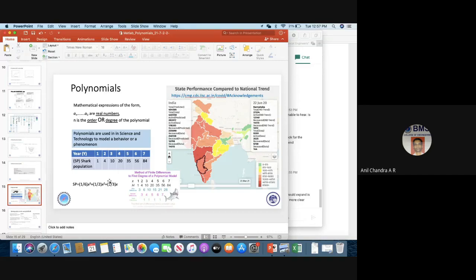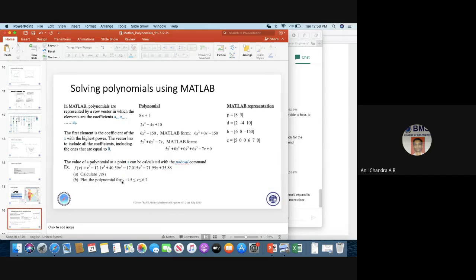Now, you can think of such expressions in our stress strain plot, in our particle behavior in a fluid, or you can think of varying strength with respect to hygrothermal effects, right? So you can fit an expression for that. So the famous expression is Hooke's law, right? How do I fit a polynomial or an exponential curve for that? So how do we represent, given a polynomial, how do we solve that?